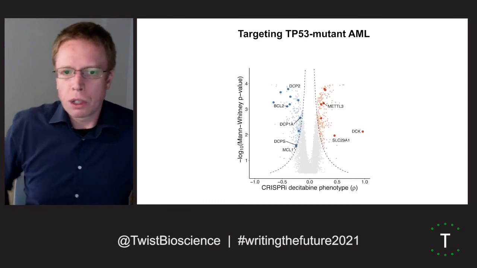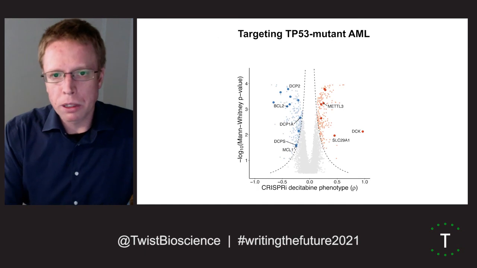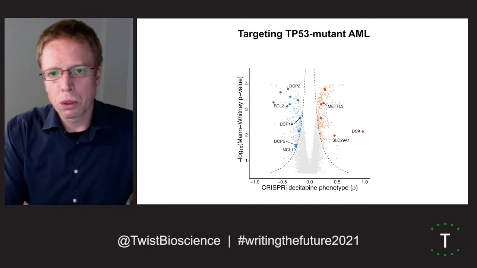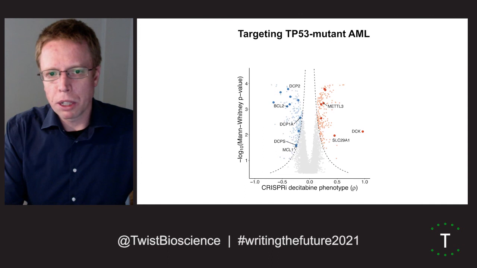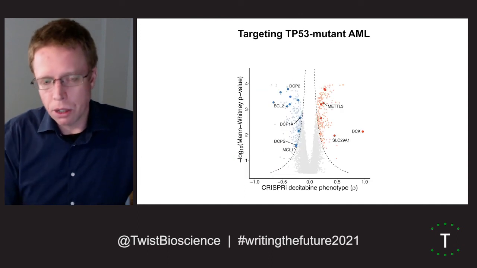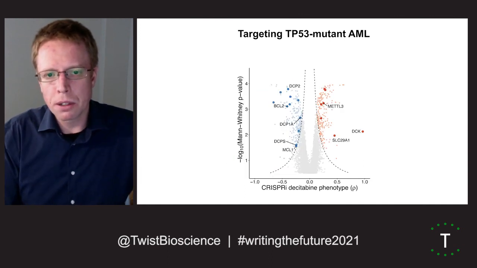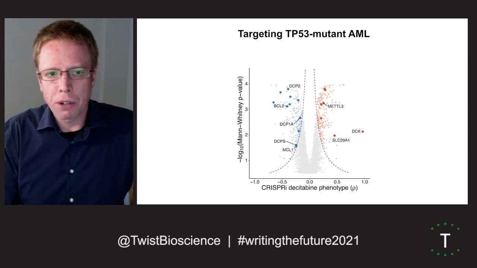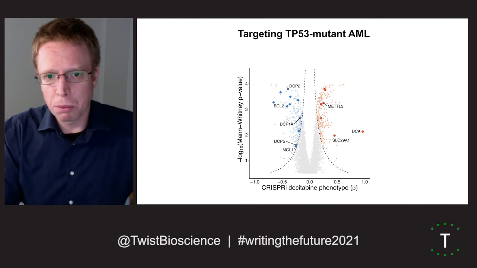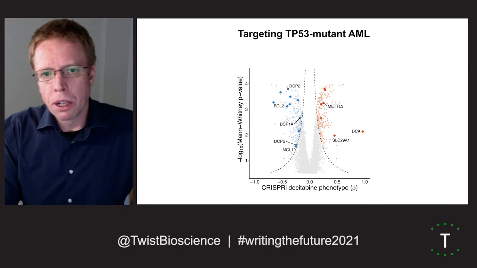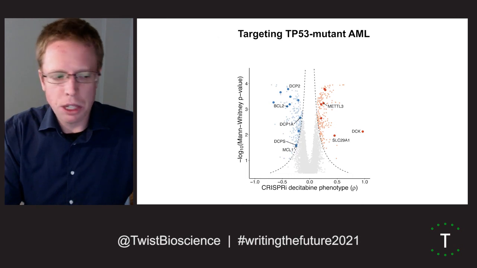That again gives you a volcano plot like this, where we've systematically elucidated all genes in this model that control response to decitabine. And what we see is, as expected from clinical data, genes like BCL2, which are key regulators of cell death, show up as strong sensitizing hits, suggesting our screen is on the right path for identifying genes that are important for response to decitabine in p53 mutant samples. And then really interestingly, and unexpectedly, we see a large number of our top sensitizing hits are genes that regulate